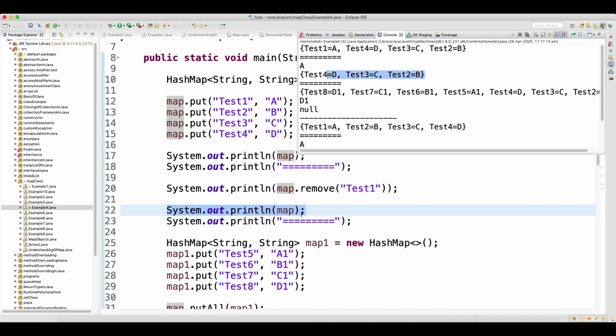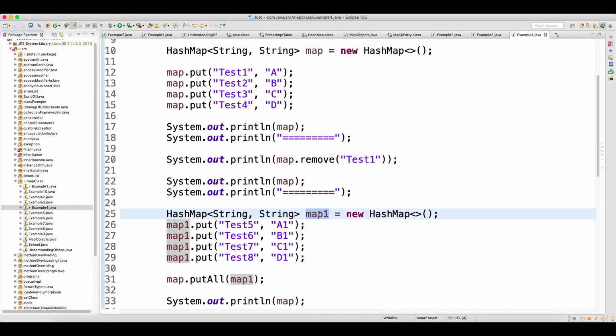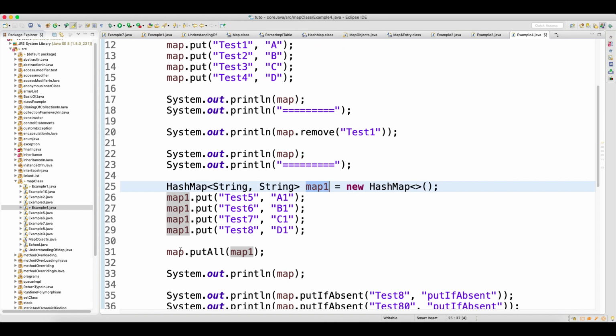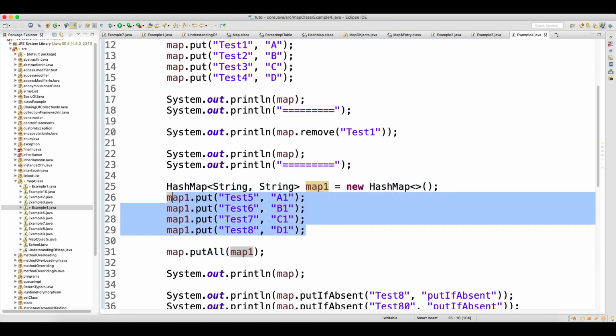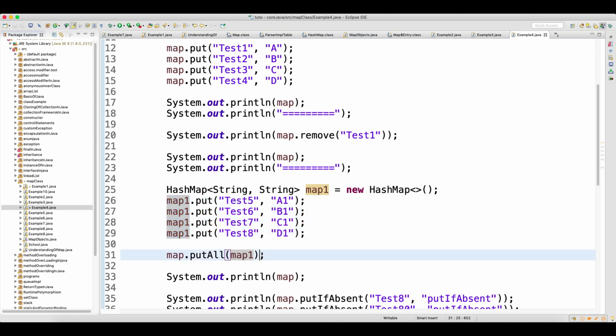Now look at what we did: we created another map and called map.putAll(map1). Whatever you have in map1 will be put into the previous map. Guys, one more important point.